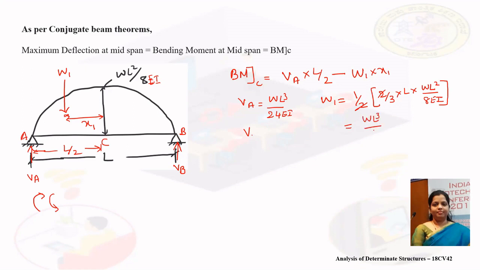It will be WL cube by 24 EI. The distance X1 is 3 by 8 times of L by 2. Therefore, X1 is 3 by 8 times of L by 2. Substituting the values VA, W1 and X1 in this equation 1, we will get